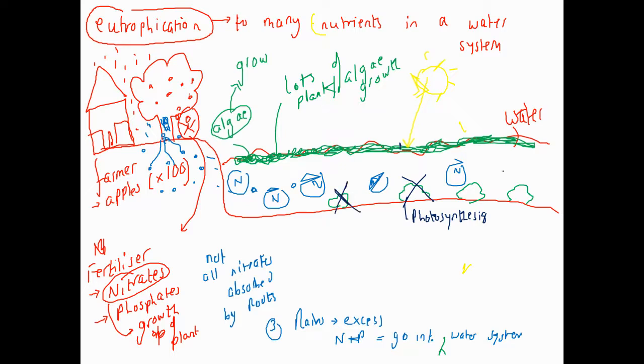So what happens is they die. Now, not only does photosynthesis make glucose for the plant, photosynthesis also makes oxygen. It produces a gas called oxygen. So because photosynthesis is not happening, the oxygen levels are going down. They're getting lower and lower in this water system. Because photosynthesis is not happening, the plants are dying.